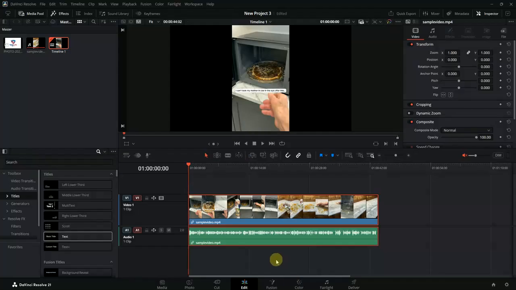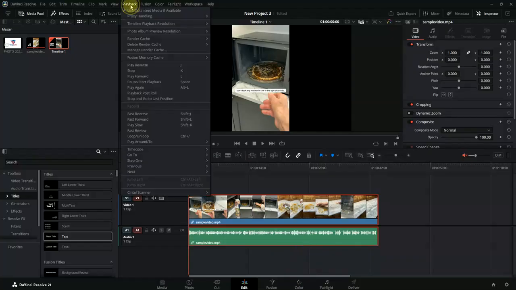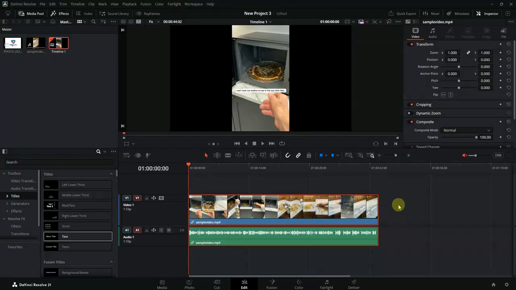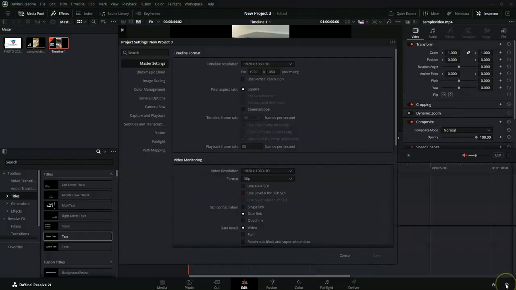First, open DaVinci Resolve and go to the Playback menu at the top of the screen. In the drop-down menu, you'll see an option called Proxy Handling. Click on it and set it to Prefer Proxy. This helps reduce the demand on your computer's resources by lowering the playback resolution, making it easier for your system to handle. Next, go to the Project Settings by clicking on the gear icon at the bottom right corner